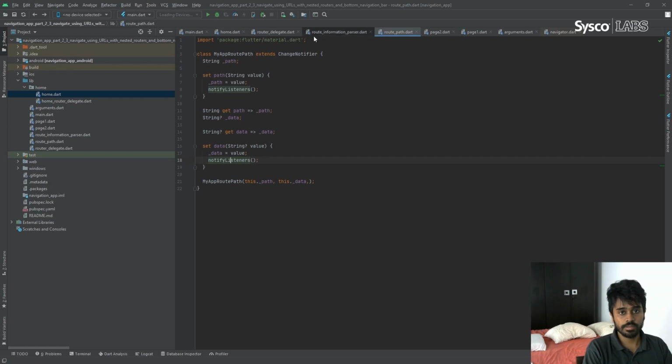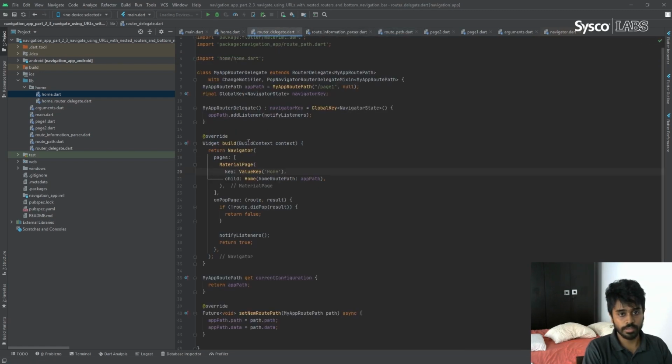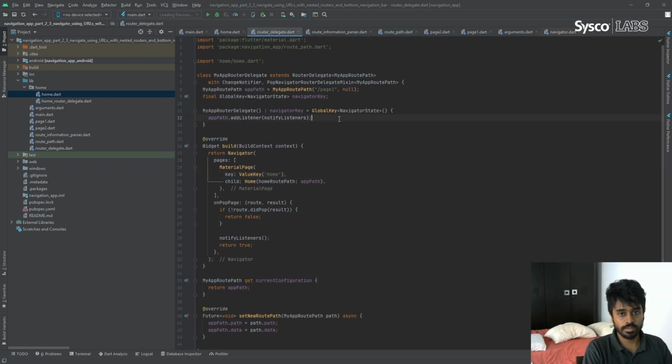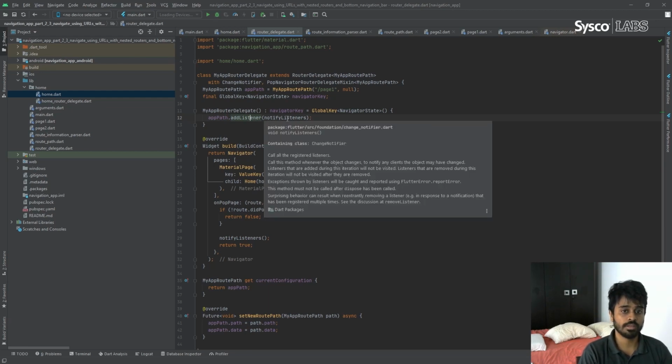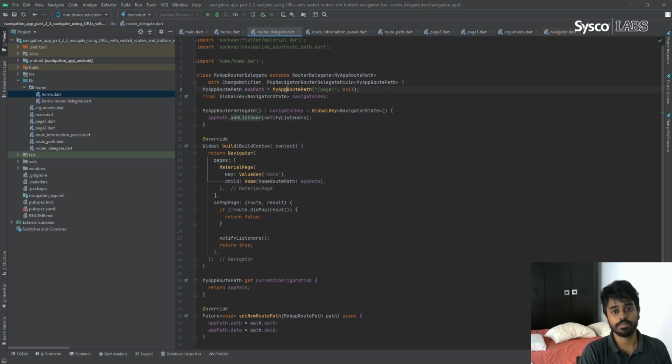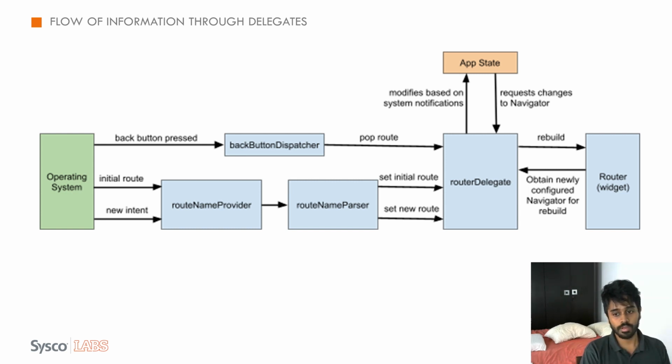And in the root navigator, you can see here in the constructor, I'm creating the navigator key. And again here, I'm listening to any changes which are done in this object, right? So if someone changes the path, then it will notify all the listeners, so that we are notifying the router to obtain a newly configured navigator to rebuild.